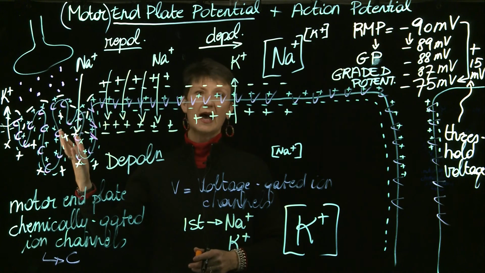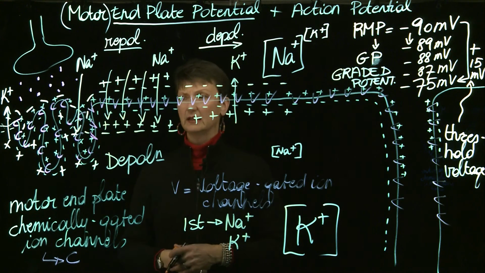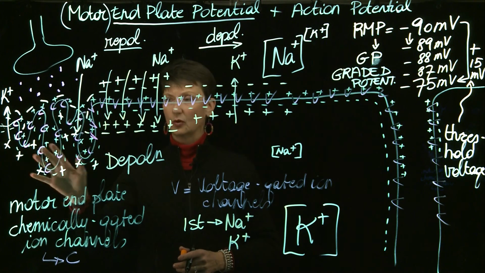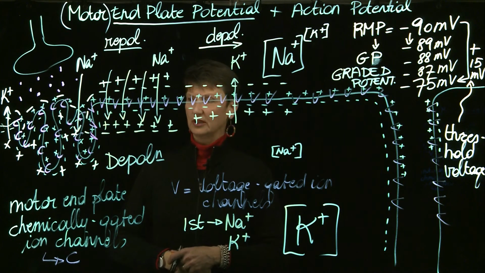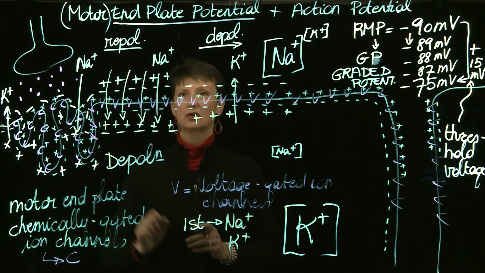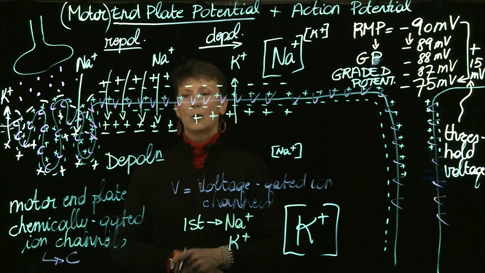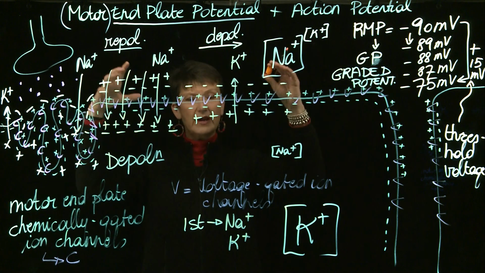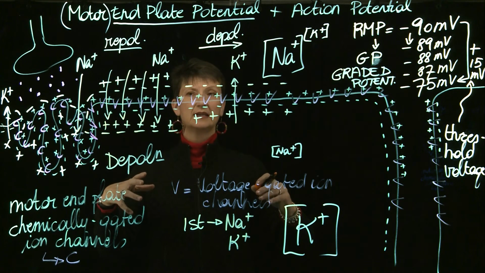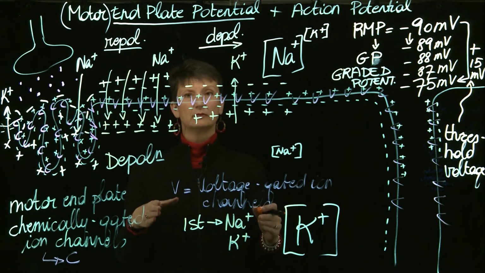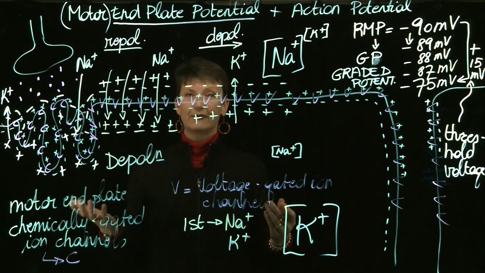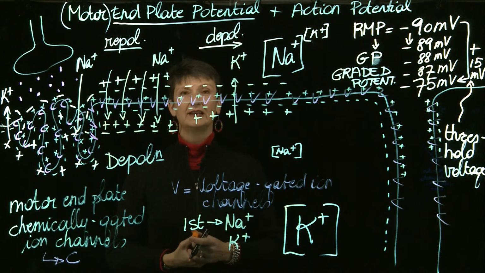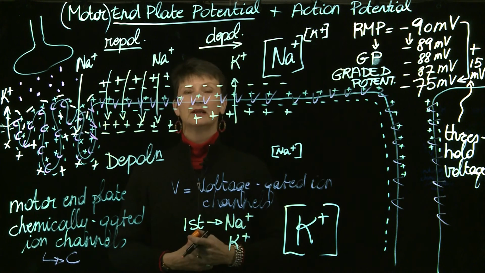Because even though we have restored our electrical gradient, and this will happen over here as well because ions will leak in and out along their concentration gradient, so eventually we fix things over here as well, what is still a problem is that we have way too much sodium on the inside and not enough potassium, and vice versa on the outside of the cell. So while we might have fixed our electrical gradient back to resting membrane potential, we haven't fixed the concentration